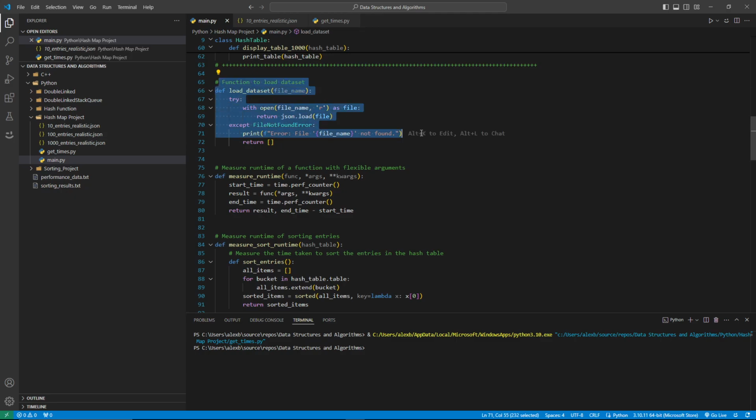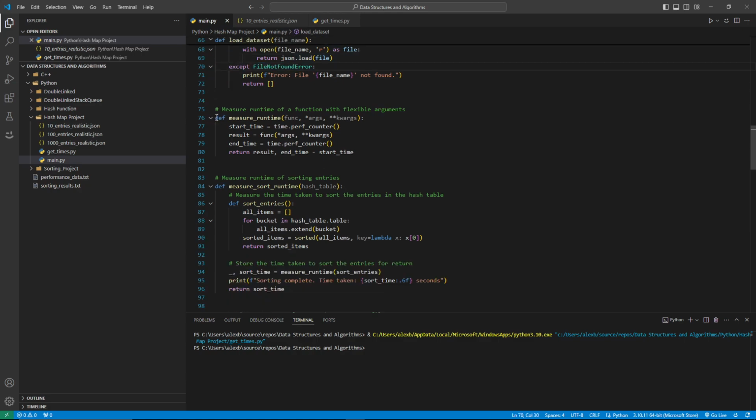This function just loads the data set from the JSON file right there. Measuring runtime. This is just a function that takes a function and its arguments so that you can basically wrap the function that you're running in this one, which measures the runtime with this performance counter. And so it starts it and then runs the function, saves the result, and then ends the performance counter and then calculates the difference between the two and returns that